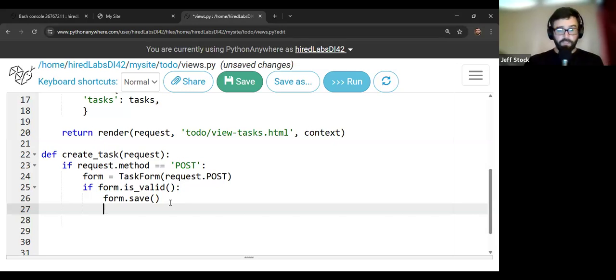We've saved it, we've committed to the database, and so we're going to return. And again, this is where we send our users to wherever they're going to go. So we need to redirect them, opening parentheses. We're going to use reverse to be able to find our namespaced application. And we're going to put in todo view tasks. So the same URL that we use in our A tag